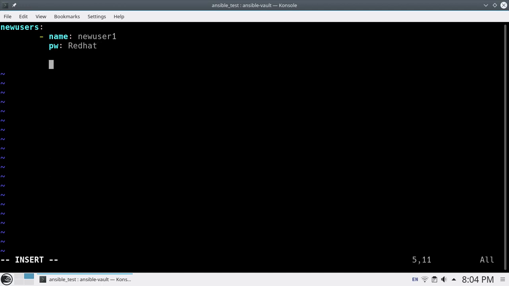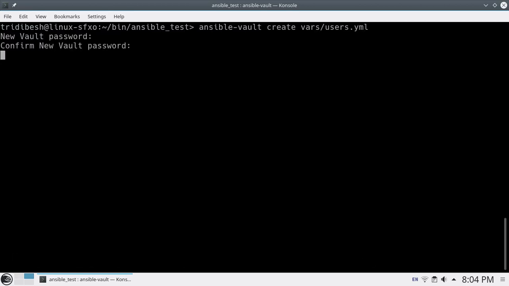Then the second one, name: newuser2, and password: small red hat. So I am creating two variables, like newuser.name and newuser.pwd. Once you're done with this, you just save this file.